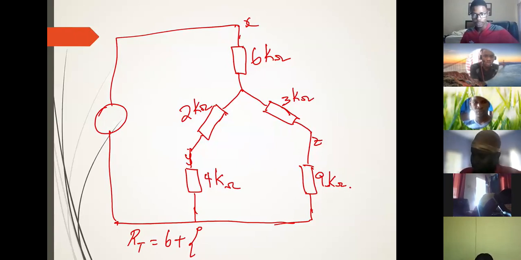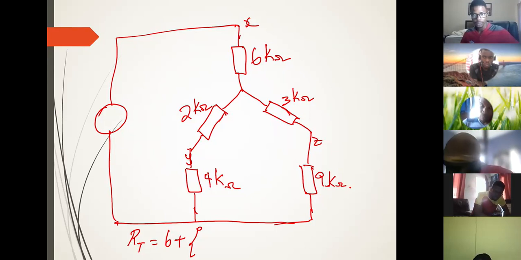So 2K what? No, tell me exactly what to write. So you had 6 plus open bracket, what next do I write? The other branch. Just tell me what to write. So RT equals 6K